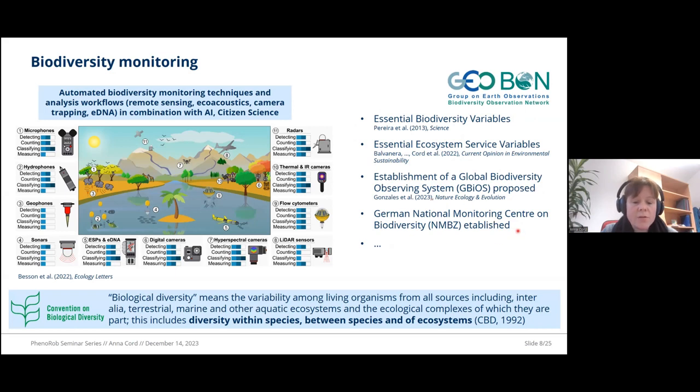So, for example, we have a German National Monitoring Center on Biodiversity. It's established. It's in the filing phase, I would say. So this is really a very active field at the moment. And as you might already know, I'm really interested in all these new technologies and how we can harness